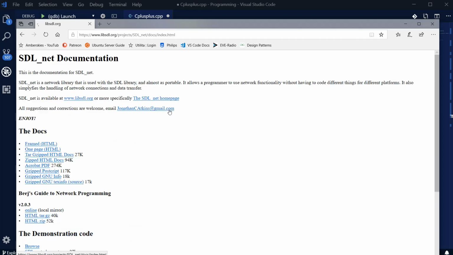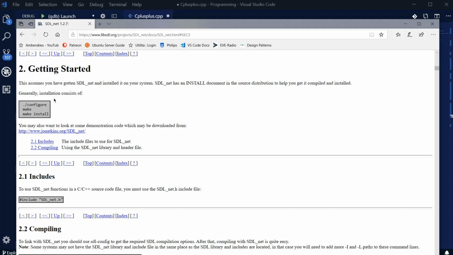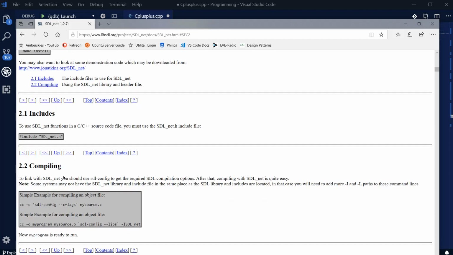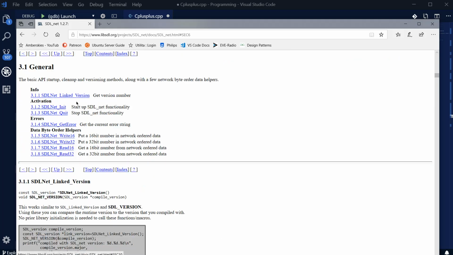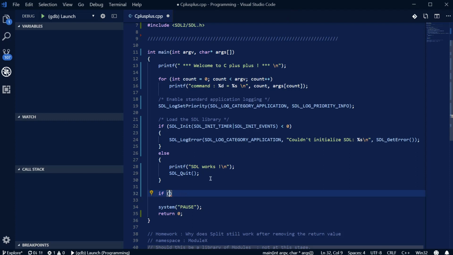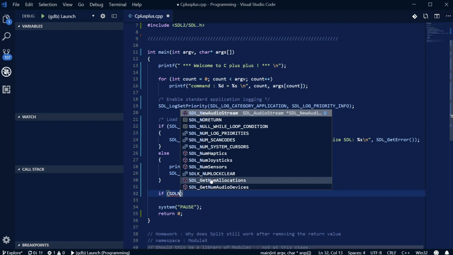Documentation. Docs. Getting started. Compiling includes compiling. Functions. General. SDL capital N. Good grief. So, SDL capital N ET